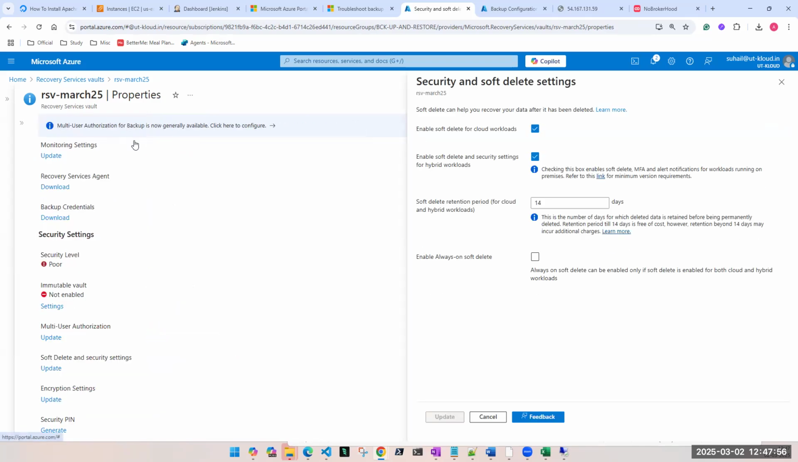Now let's see. What does it say? Enable soft delete for cloud workloads. It is enabled. Enable soft delete in security settings. It is for 14 days. Now, what does it mean? Okay. If I keep it 14 days, now